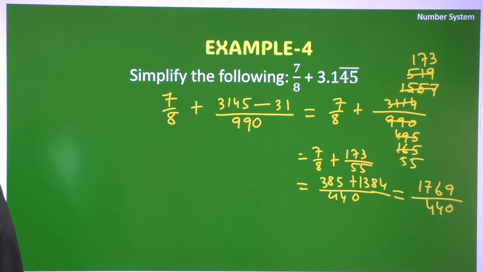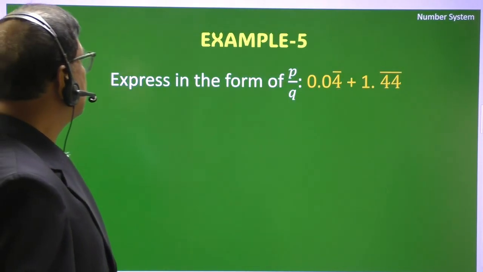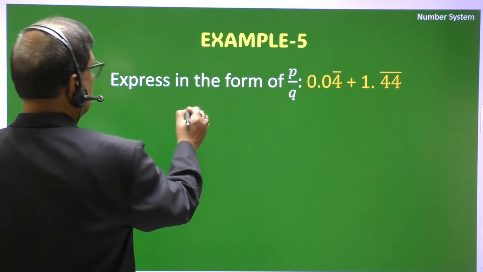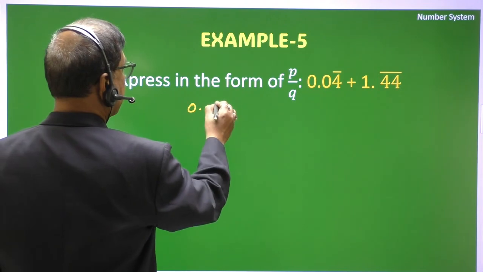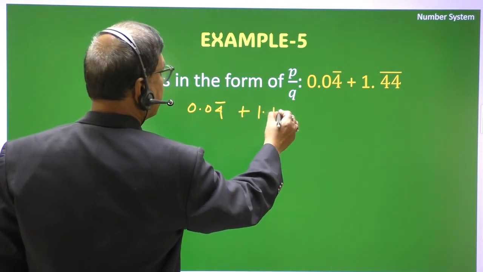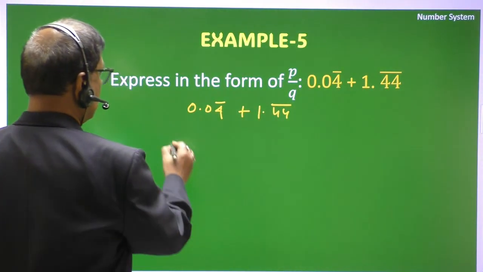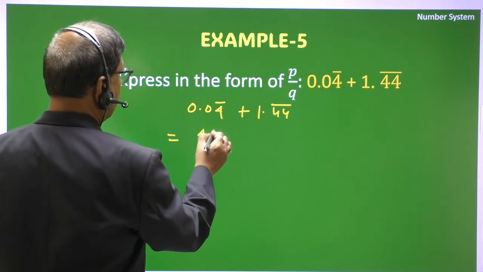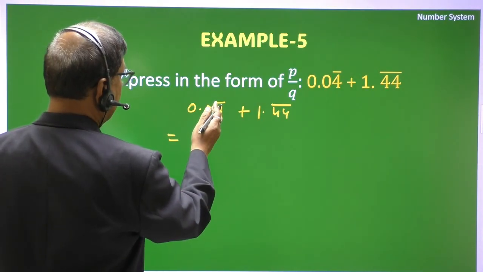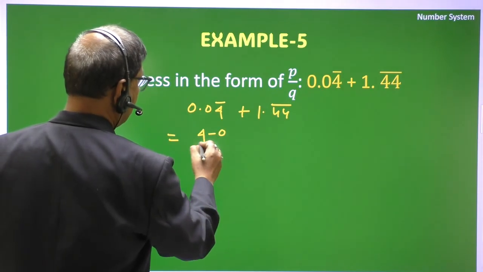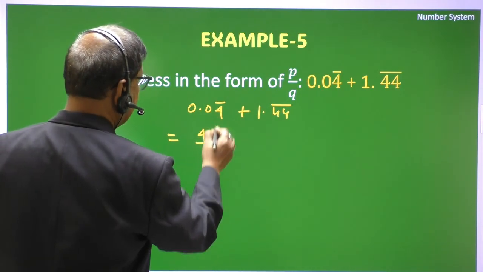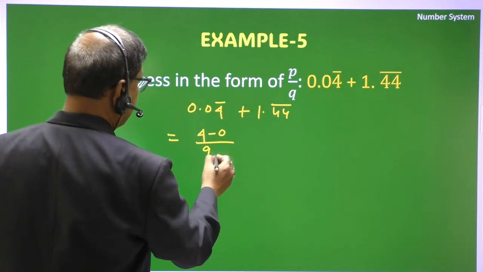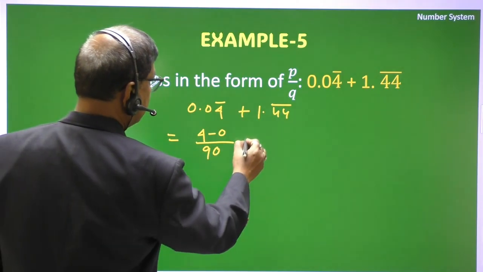Clear? Now example number 5. Express in the form of P by Q. We have to express in the form of P by Q. So 0.04 recurring plus 1.44 and 44 recurring. So just apply the shortcut technique. Here 4 whole number and without recurring 0, that means 4 minus 0 upon 9, because on 1 digit recurring, and after the decimal point 1 digit non-recurring, so followed by 0, one 0 here,